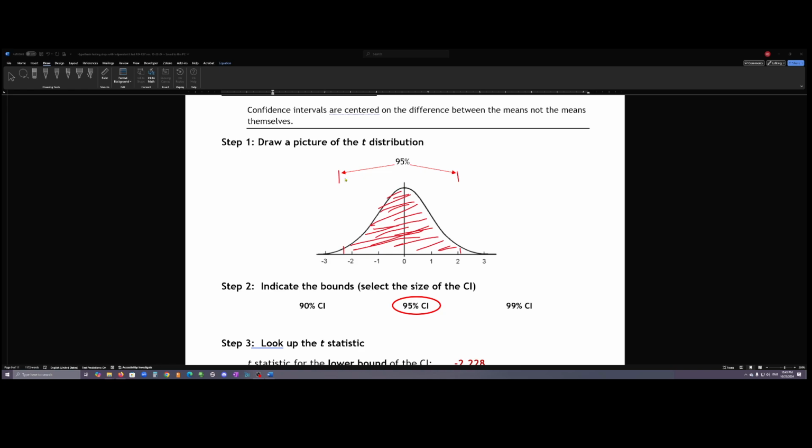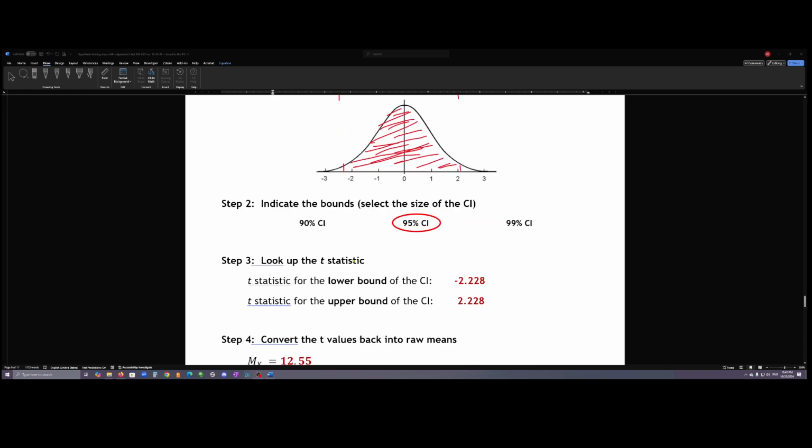That 95% is centered on the distribution,